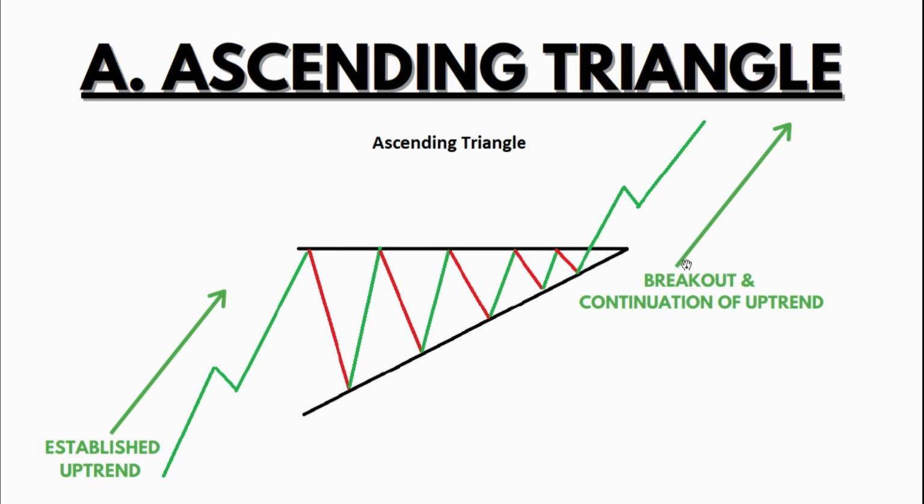This can be a resistance zone or just a flat line, and this is a lower trend line going towards the upside. So this indicates the bullishness of the pattern. If the psychology of this pattern is discussed, you can see the trend is coming up, so the people that bought here will start selling, and the price will come down. Now new buyers will enter over here, and then the price will go up.